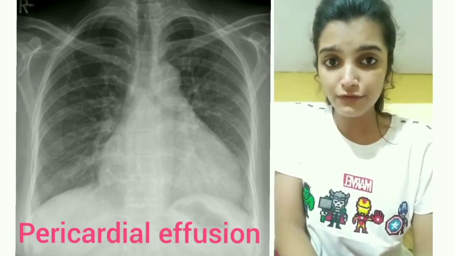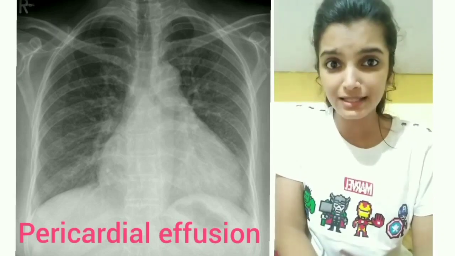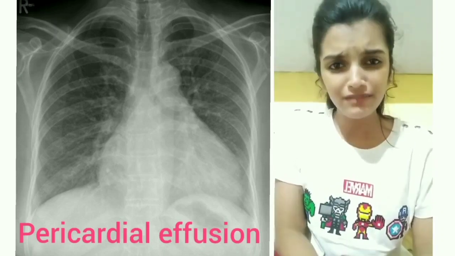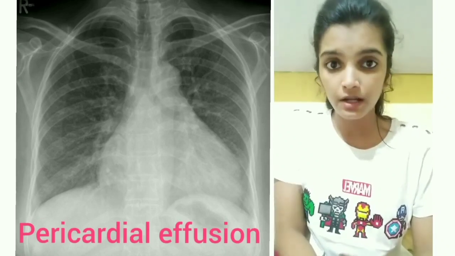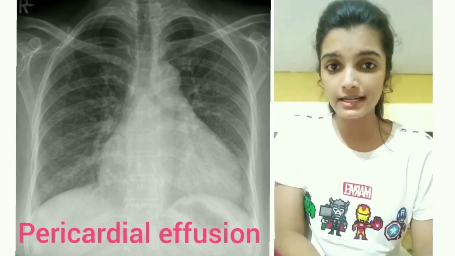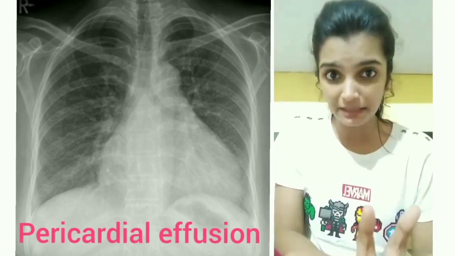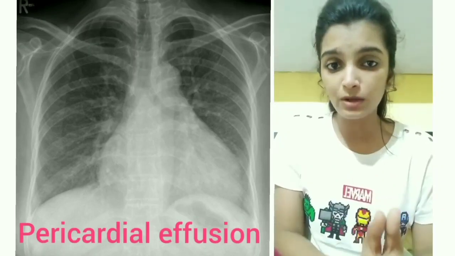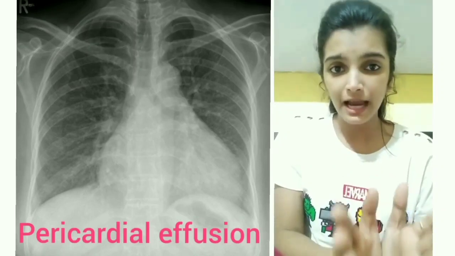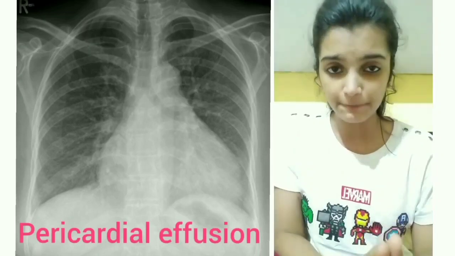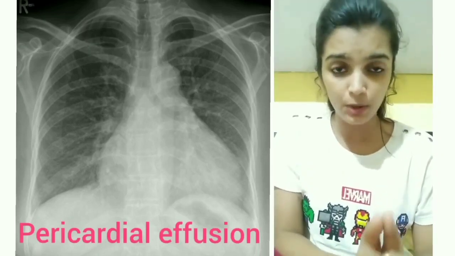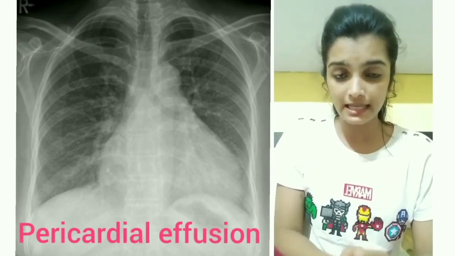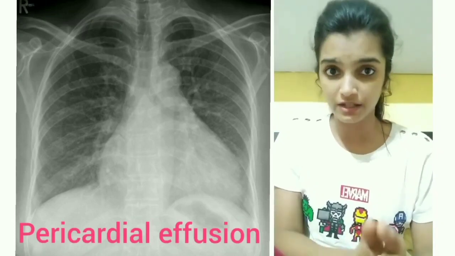First of all, in chest X-ray you have to see whether there is cardiac enlargement or not. If there is a cardiac enlargement, the heart is bulged out. But if it is detected late or in some chronic stage, then it is severely bulged, and at that time its shape looks like an old water bottle on a table, and it is also called the water bottle sign. Apart from that, I have certain key points which will help you to detect this case as well as differentiate this from the rest of the conditions.